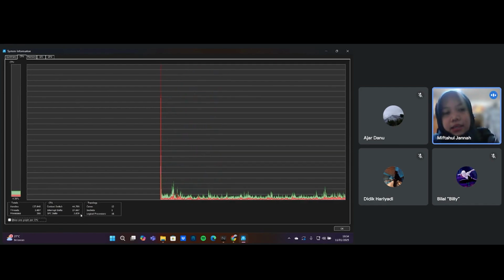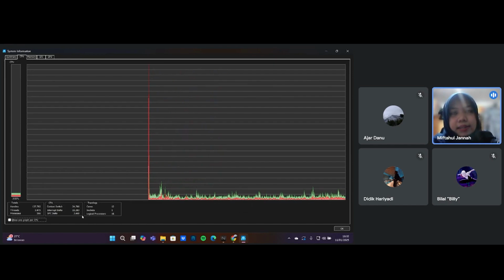And next, there is interrupt delta. Interrupt delta is the number of interrupt notification signals from software or hardware that the CPU requests to be logged. There is DPC delta. The DPC delta indicates the number of DPC, or deferred procedure calls, that occur per second.